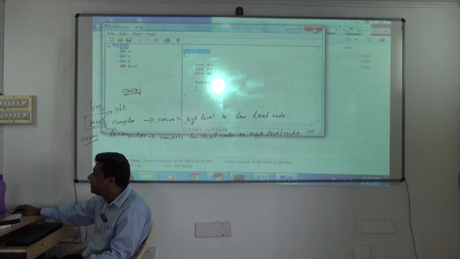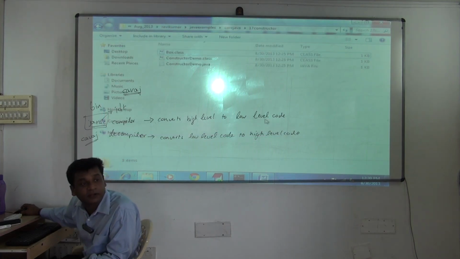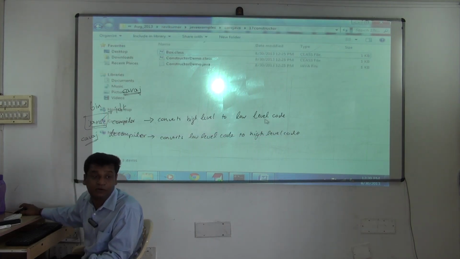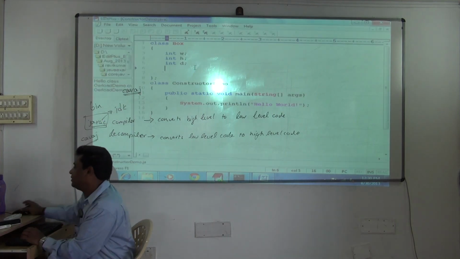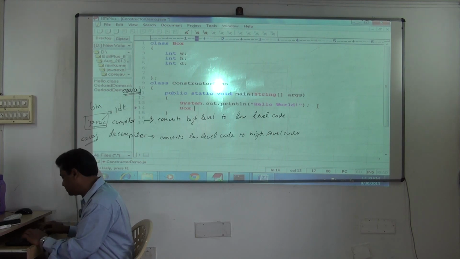Understood? So if you don't write a constructor in your class, always one default constructor is added. If you don't write. Okay. So anyway, now that is the one which gets executed. Till now that was happening. Box B1